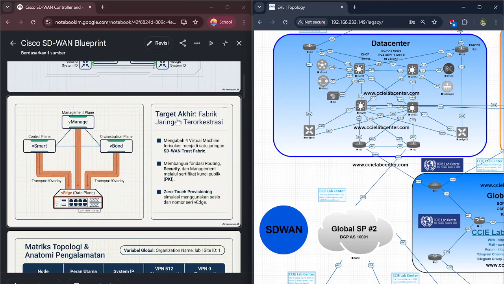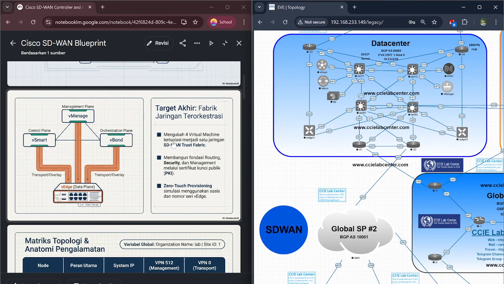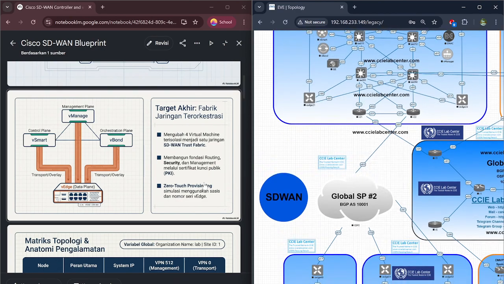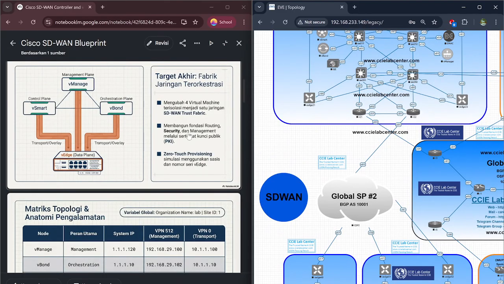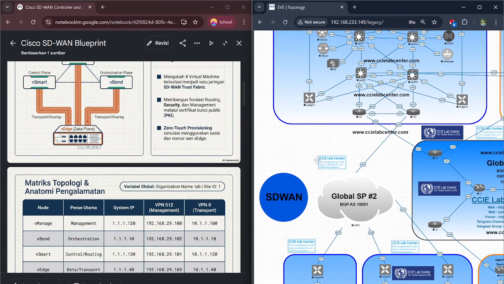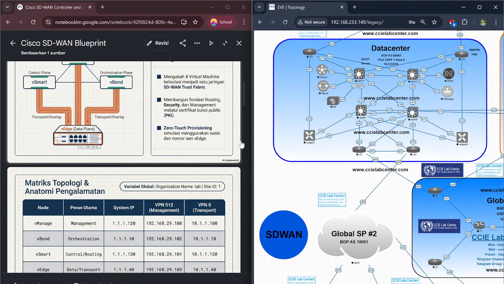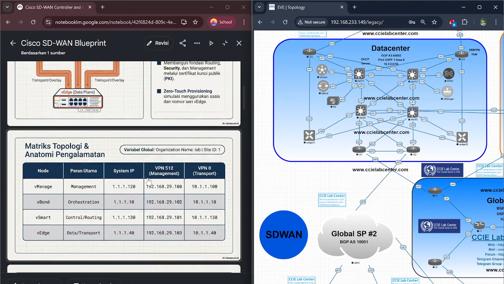Okay, and the network fabric, virtual machines, is one SD-WAN trust fabric, and the foundation of routing, security, and management with PKI, and zero touch provisioning and simulation with chassis and serial number vEdge.